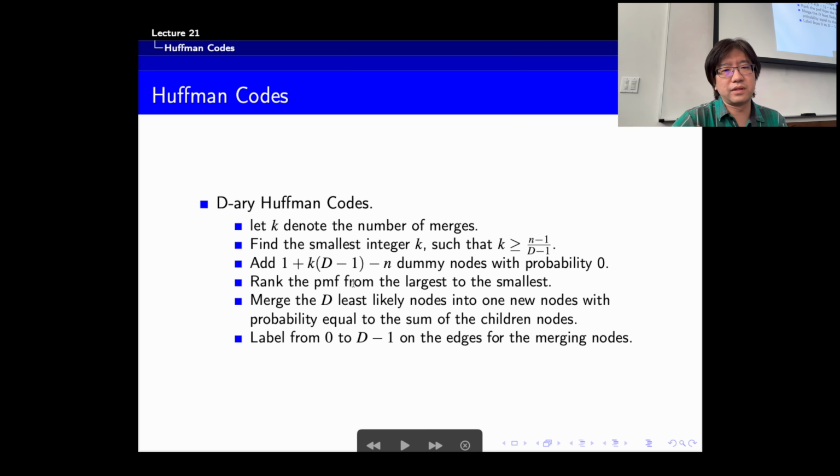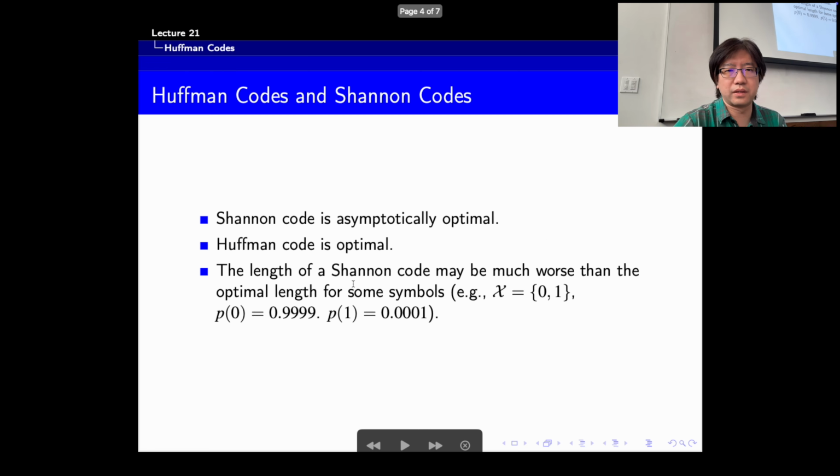Okay, and then after that, we'll just perform the merging algorithm of Huffman, right? So we rank the probabilities and then merge the least likely nodes into one node, and then we just keep doing that, and then we're good, right? So this is D-ary Huffman code. It's pretty straightforward. And then we discuss more on the relation between the Shannon code and the